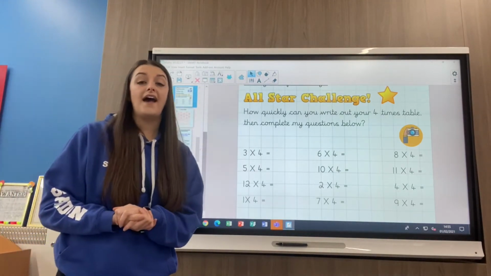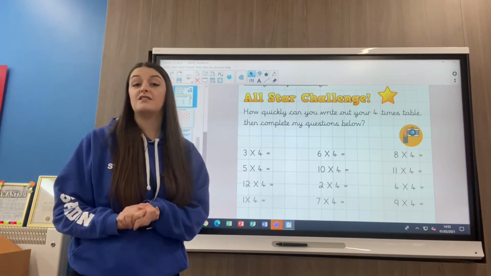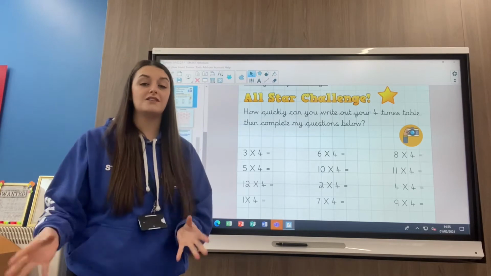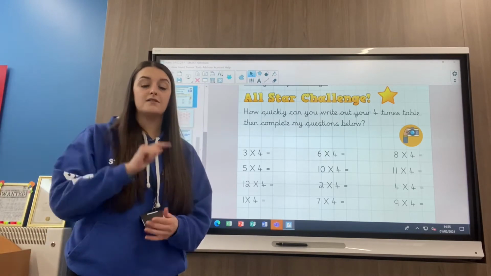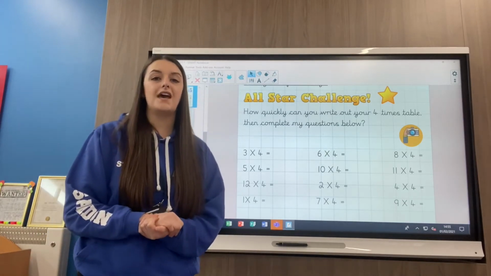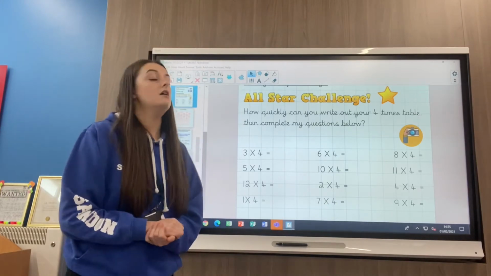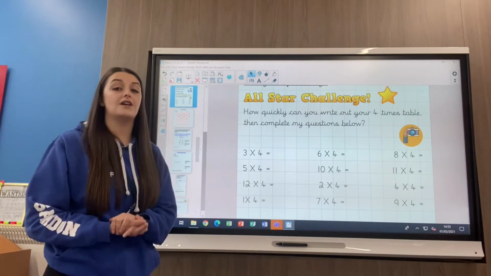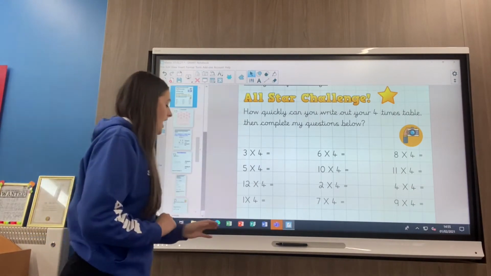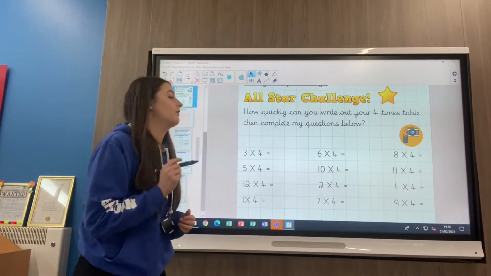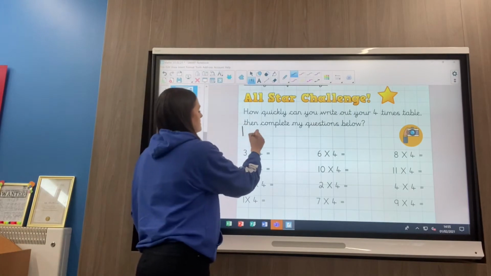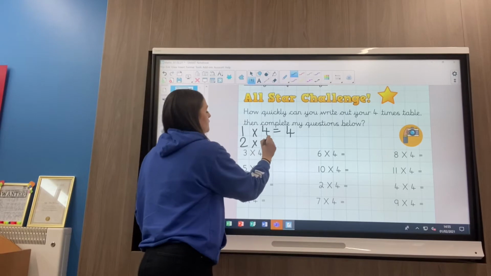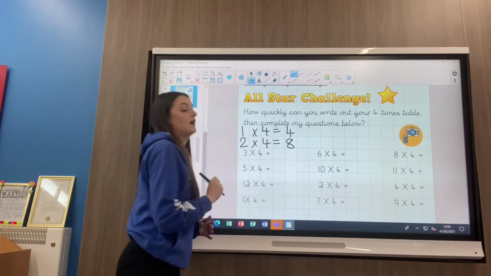So maybe your parent or guardian at home has got a timer on their phone, or you've got a timer on your watch or on your tablet, and you can press go and see how quickly it takes you to complete this challenge. Now, when I've said how quickly can you write out your 4 times table, I don't want you to just write the multiples of 4. I want you to write out the question. So we start with 1 times 4 equals 4, 2 times 4 equals 8, and so on until you get